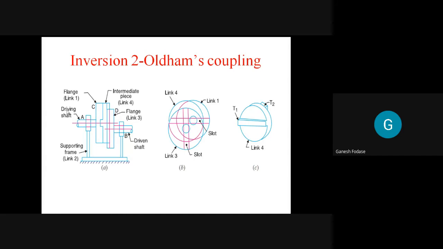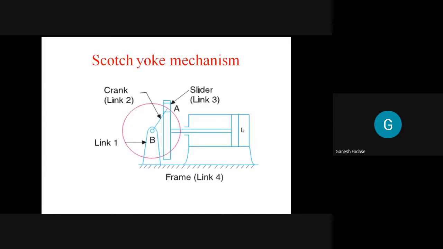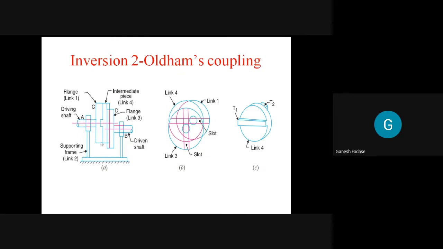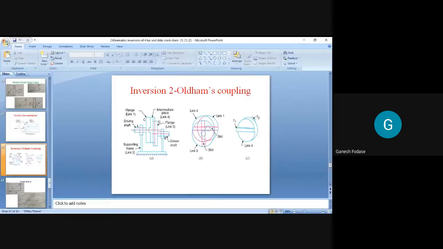Good. So if you understand this, of course this intermediate member is similar to our basic diagram only. Here 2 will form turning pairs and 4 will form prismatic pair with 1 and 3. So 2 with 1 and 3 form turning pair, 4 with 1 and 3 form prismatic pair, and the same applies here. That is the application of the second inversion called an Oldham's coupling. In more detail, I will show this also through video for more clarity. So we are discussing inversion number 2 of a double slider crank mechanism, and that one is nothing but a,